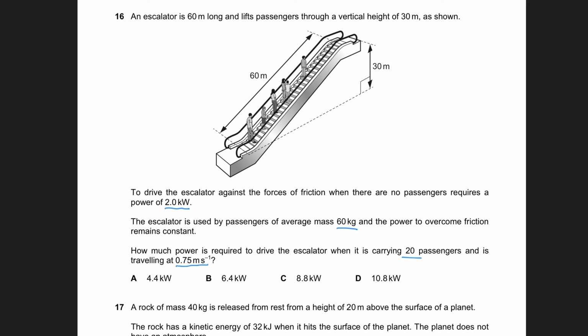So we already know the power needed to move against the forces of friction when there are no passengers. We just need to calculate the power needed to move the passengers 60 meters, or 30 meters vertically, when there are 20 passengers each having a mass of 60 kilograms. So the weight of the passenger is 60 multiplied by 9.81 multiplied by 20, which would give you the total weight. Because there are 20 passengers, we would like to calculate the total weight, which is equal to